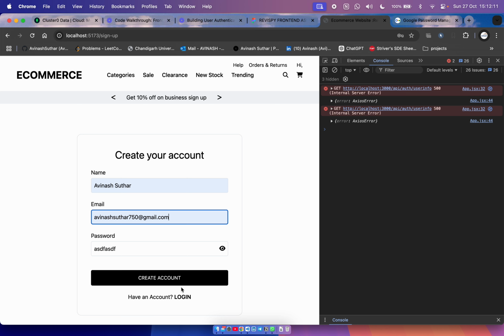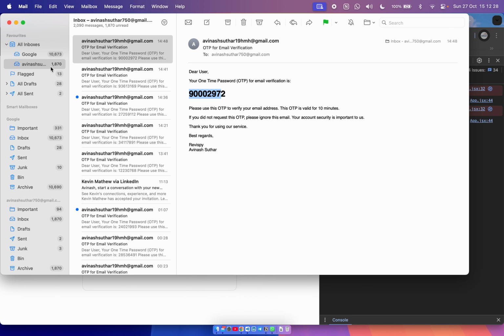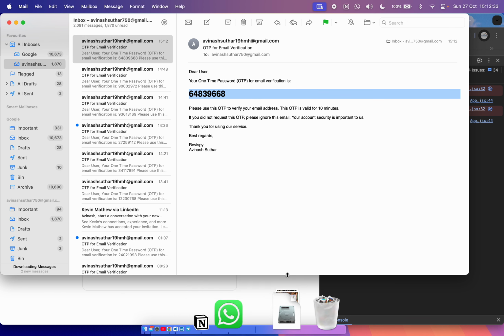After clicking on create account, it will redirect me to the verify OTP page and send me an OTP to this Gmail ID. So yeah, the OTP is sent to me. This is the OTP, 648396.